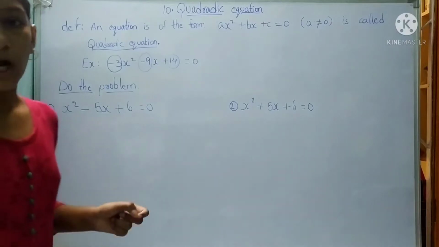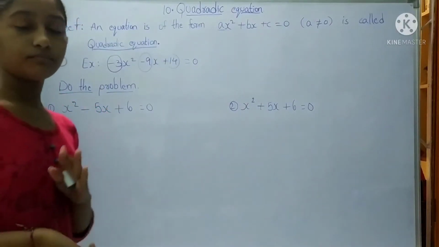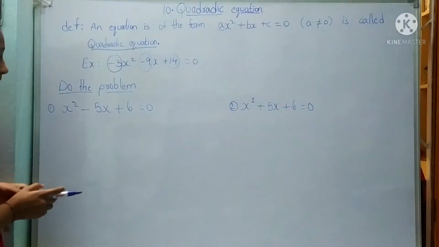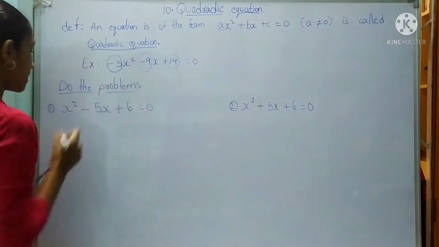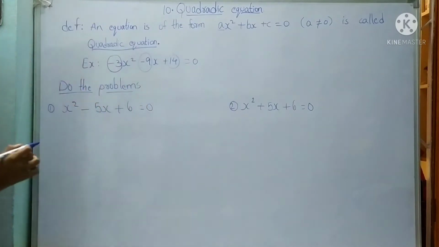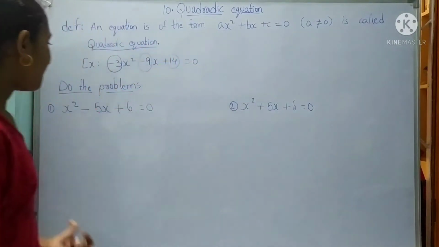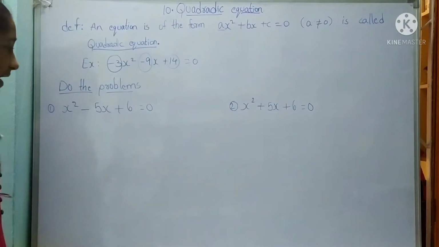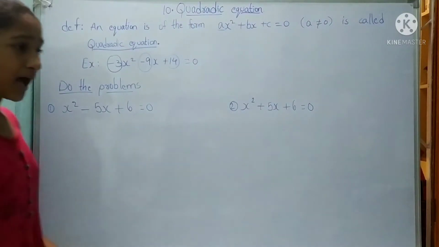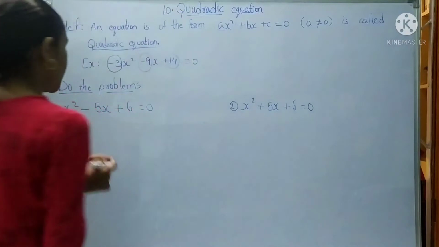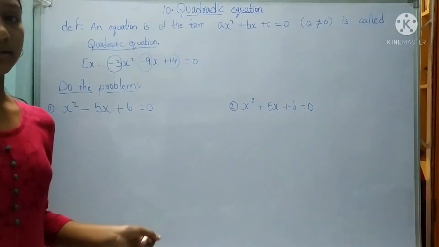Okay, now let's see one problem on how to do it, and in the next video we will briefly discuss how to do problems. So, the problem: x square minus 5x plus 6 is equal to 0. Okay, this is the form. Now let's solve this problem. Here we have the quadratic equation formula method and the other method also. We have 2 or 3 methods.